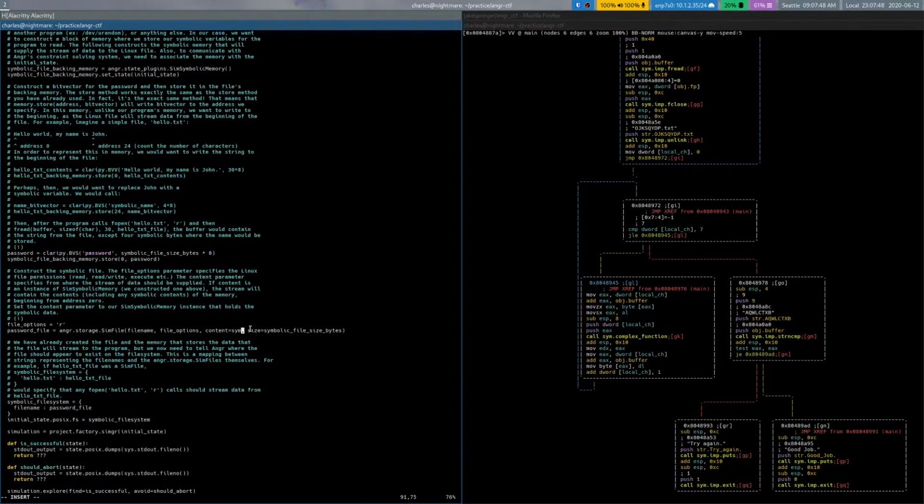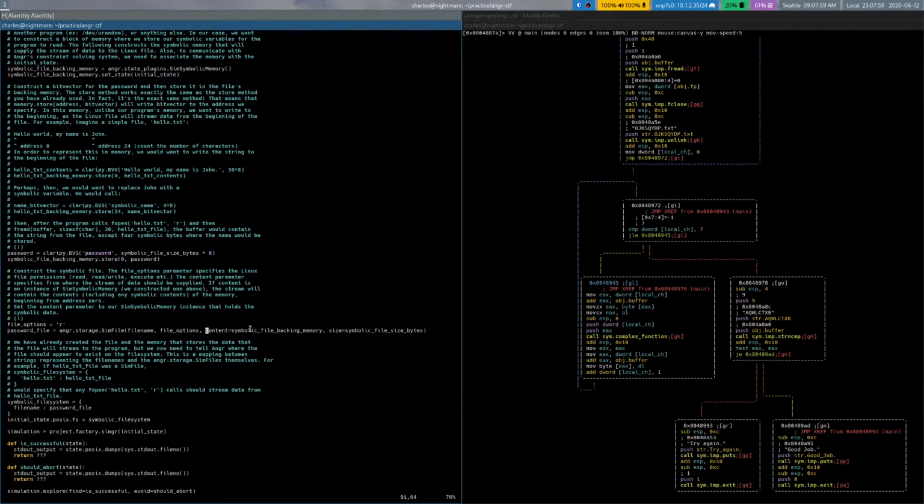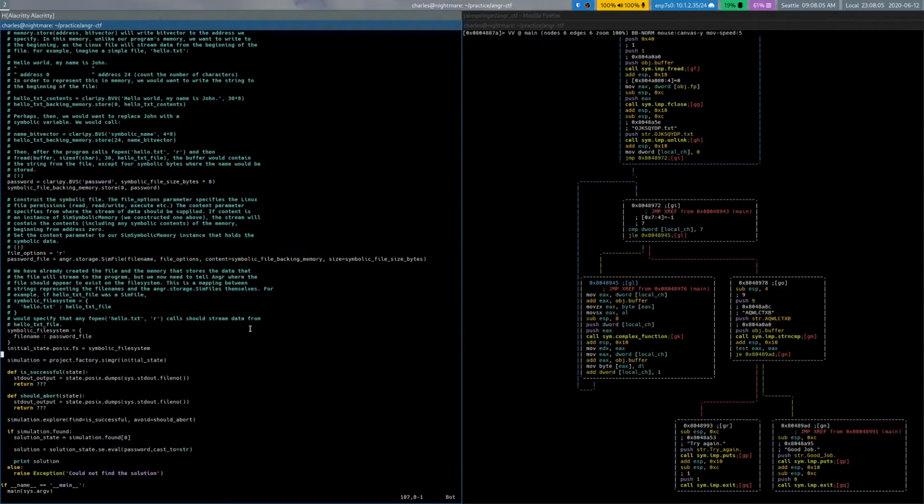So we can set symbolic file backing memory. Not gonna fix it because Python. Okay, and then we actually need to design a file system, which is just a dictionary mapping file names to these sim file objects. That's cool. And then